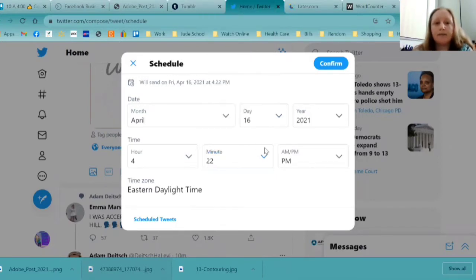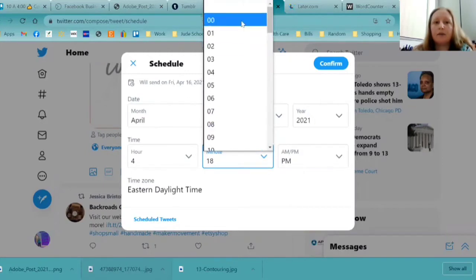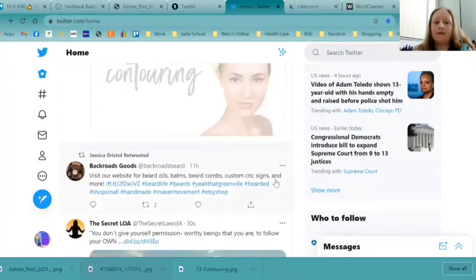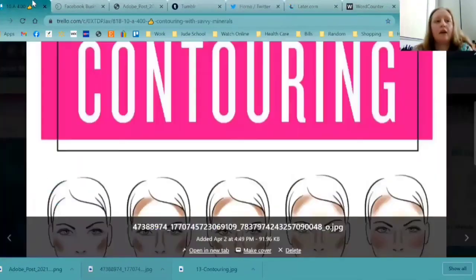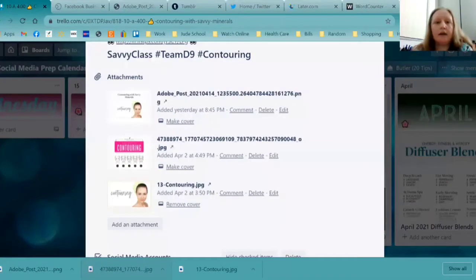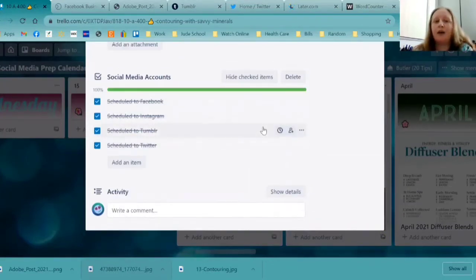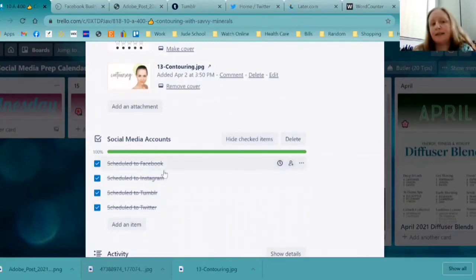Okay, so I set 4 o'clock p.m. and confirm that, and then I schedule it for Twitter. And then let's close that out. Now I can mark off Tumblr and Twitter, and that shows me that all of my checklist has been checked off.